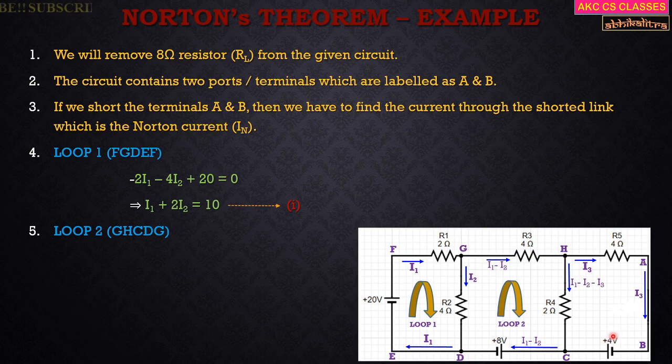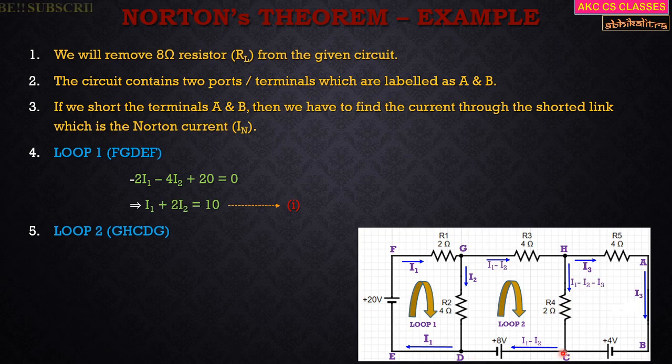After reaching H, I will move to C. If I move to C, I have encountered a resistor in between, right? Again, my movement direction is H to C, and the current is also moving in the same direction. So again, there will be a drop in IR. What is the drop value? The current over here, I, is I1 minus I2 minus I3, and the resistor value is 2 ohm. So obviously the drop will be minus 2 times (I1 minus I2 minus I3).